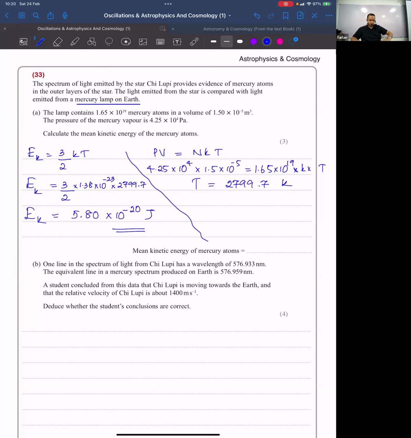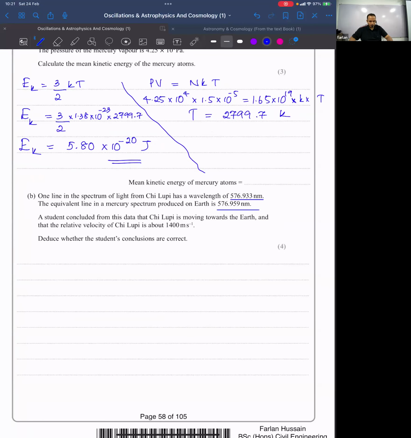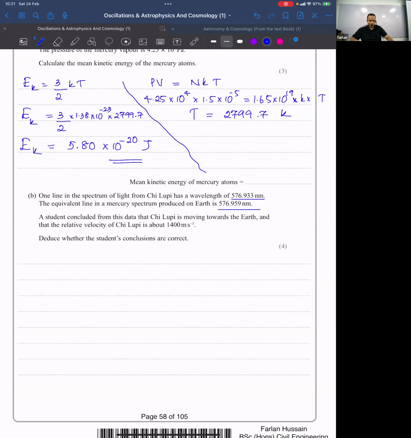One line in the spectrum of light from this star has a wavelength of 576.933. The equivalent line in the mercury spectrum produced on Earth is 576.959. A student concluded from this data that the star is moving towards the Earth, and that the relative velocity of this star is about 1,400 meters per second. Is the student's conclusion correct? Without any calculation,